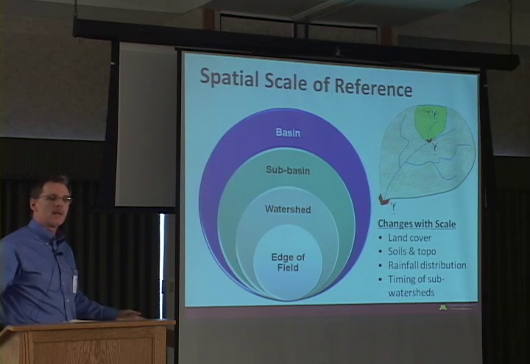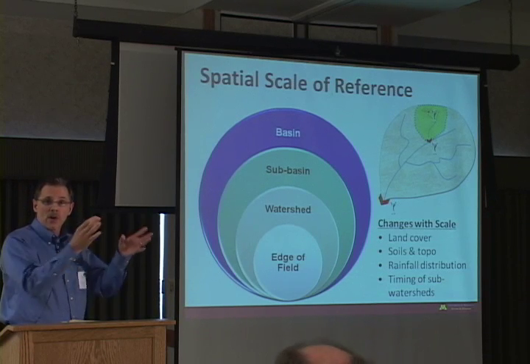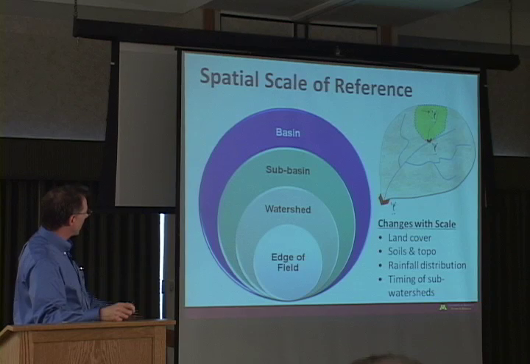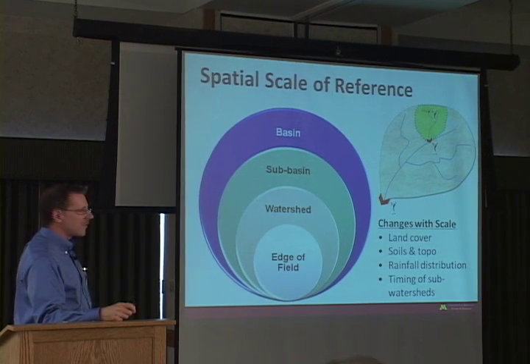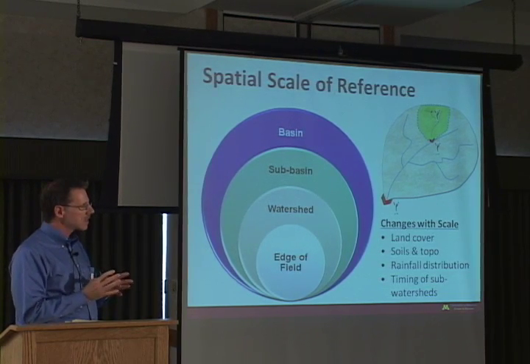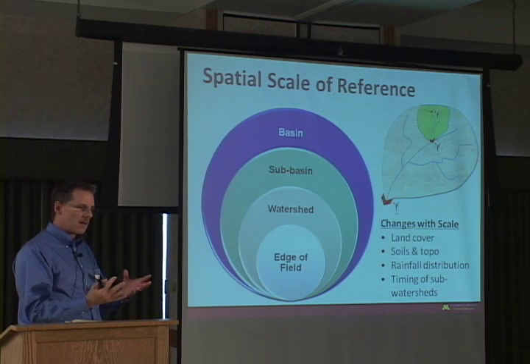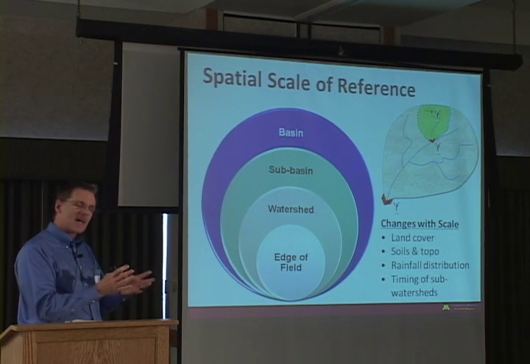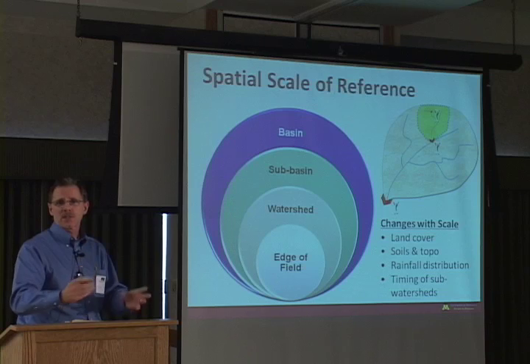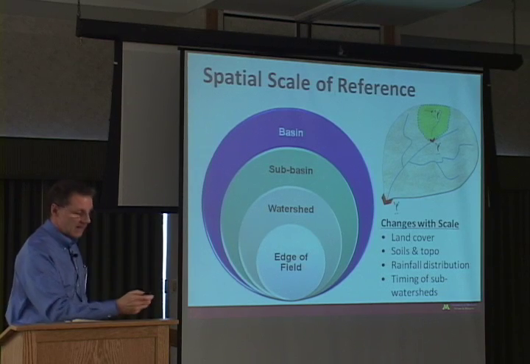Everything gets more complicated. The soils become more complex and more diverse. Rainfall now is not occurring on just a field, but it's spread out over the landscape. And many other things change as you go up in scale. And oftentimes in research, we study some of these processes very intensively at the field scale because we can kind of get our arms around that. And both economically and physically, we can kind of understand how things work at the field scale. But the questions we're answering and the questions society is asking are at larger scales, and that's where things get